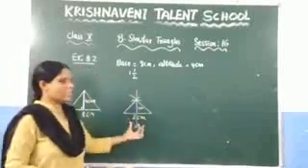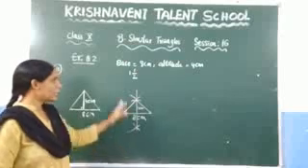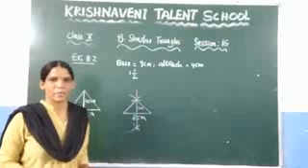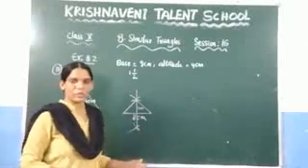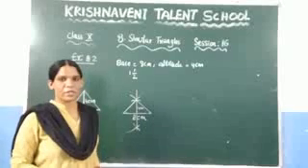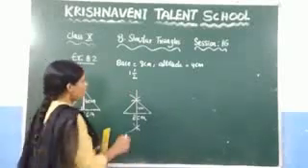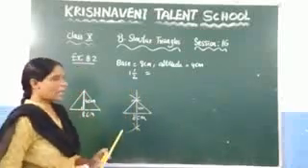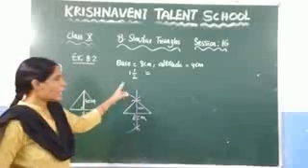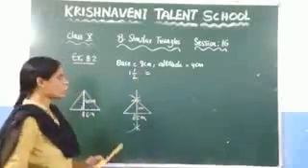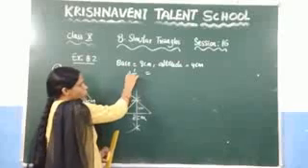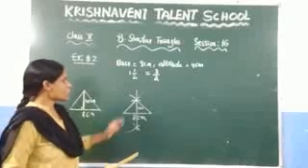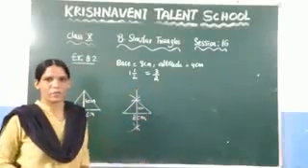Now for this triangle you need to draw the similar triangle by taking this ratio. Here you can observe that the ratio is given in the form of a mixed fraction. So you have to convert this mixed fraction into an improper fraction. You all know how to convert, right? You need to multiply 2 with 1, which gives 2, and then add the 1 to the numerator: 2 plus 1 is 3. So you are getting 3 by 2. This is the conversion of the mixed fraction into the improper fraction.